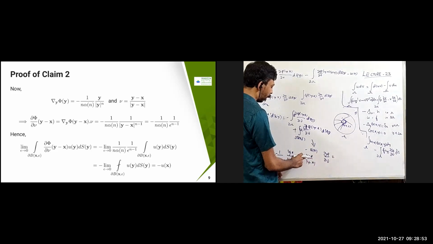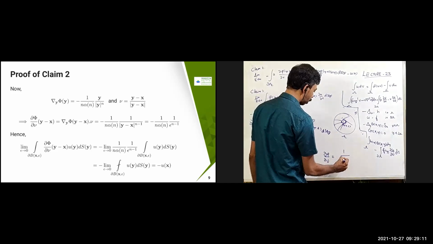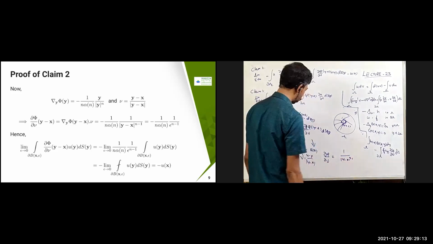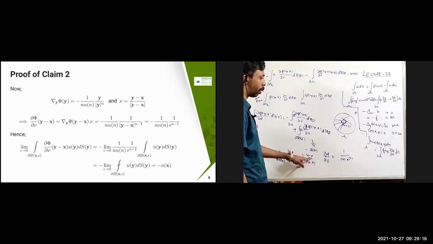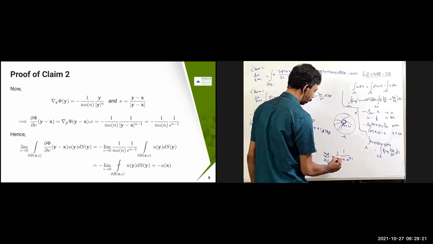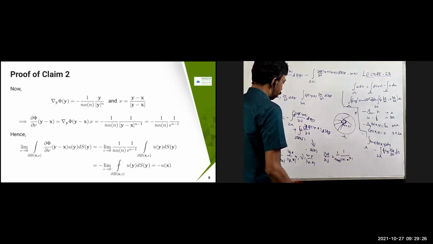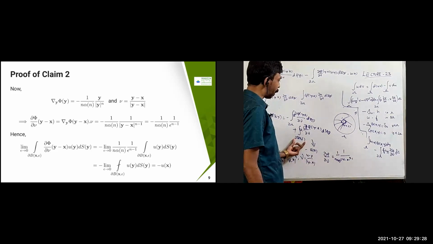So you can get the values like this: mod of y minus x and mod of y minus x, so mod of y minus x square is going to come. One mod y minus x square is going to cancel with this one, and n is there, one more y minus x is going to be there. Therefore this is going to become 1 by mod y minus x power n minus 1. Because here n plus 1 is there, so y minus x whole square is going to get cancelled, remaining times as it is 1 by n into alpha of n. Okay, so this is in this ball B of x comma epsilon.